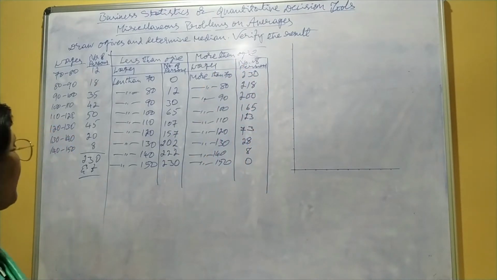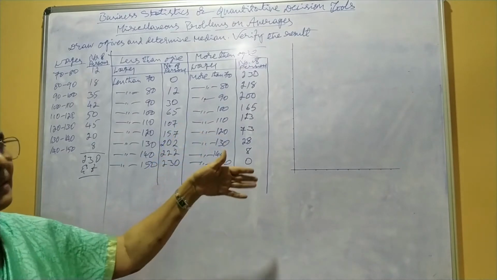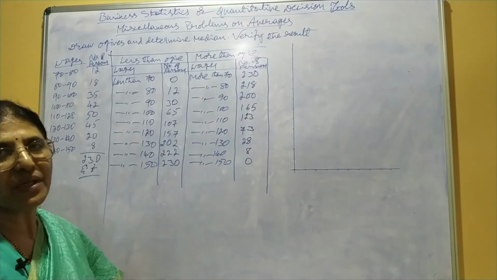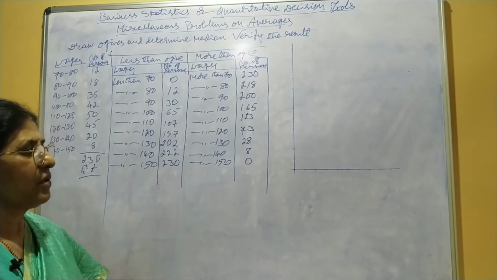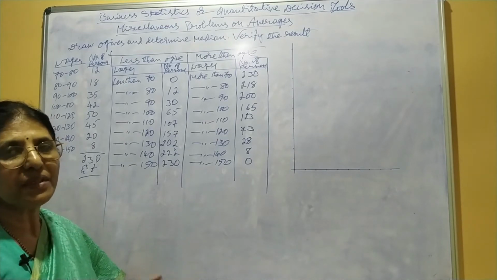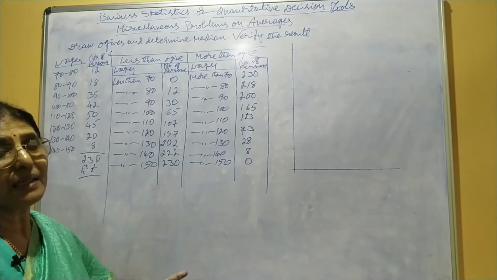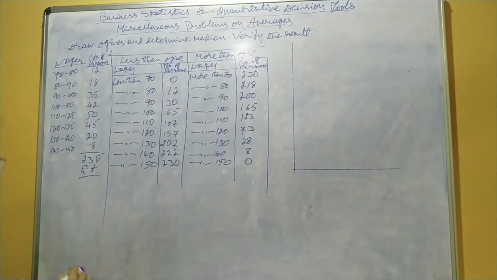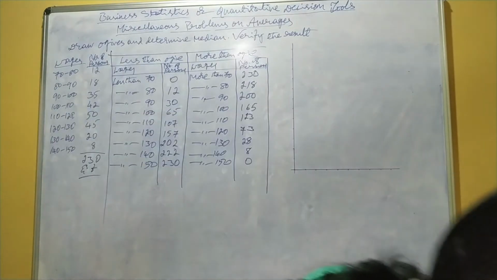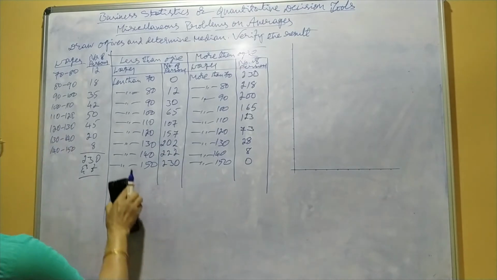Now next one is, here it is given verify the result. Better before taking the graph, you verify the result, then it will be easy to adjust the fractional values. It is known to you, that is the limitation of graphical location or determination. Fractional values cannot be located exactly, approximately you may locate. Therefore, here algebraically how we calculate median under continuous series.